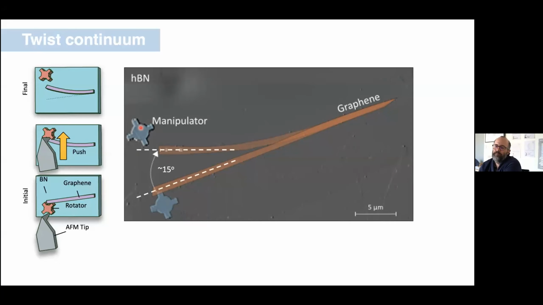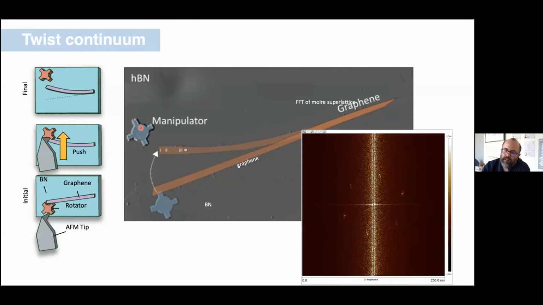Okay, so in this scenario, we get about a 15-degree bend. The amount that you can bend it, I'll show in a minute, depends on the aspect ratio of the noodle. But what we can do is interrogate locally how the angle of this graphene is evolving relative to the BN. We can do that by measuring the Moiré pattern. From the Moiré pattern, we can do an FFT analysis, and that gives us a measurement of the periodicity of the Moiré pattern.